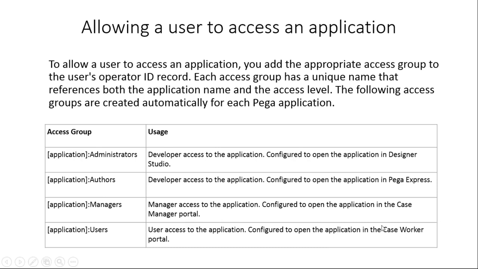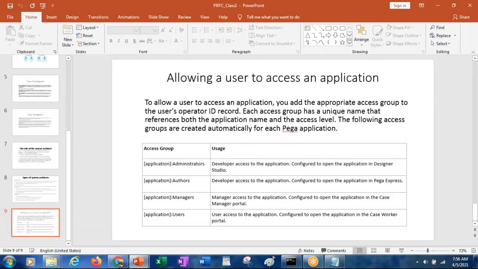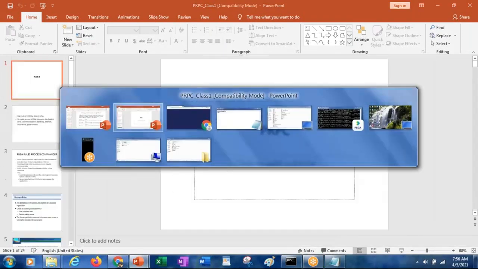So based on their roles, the operator IDs will be created and the portal will be different, and their access level will also be different. So there are mainly four types of operators which we will be deciding. And as I said earlier also,